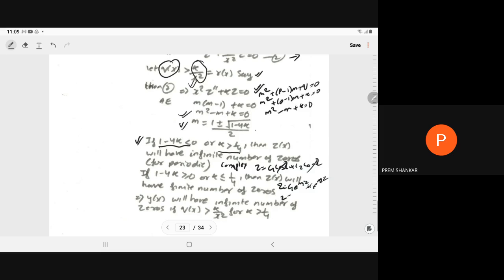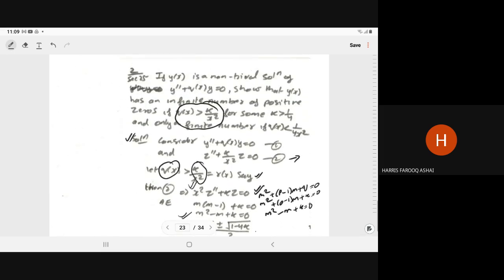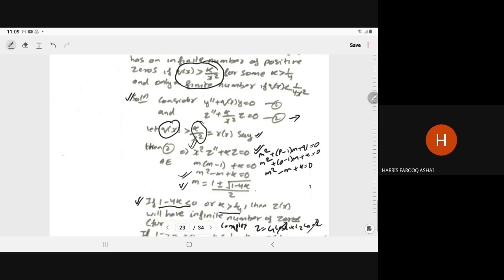Sir, don't we have to write z greater than 0? That is the solution on the positive side we are talking about only. Yes, sir, because in that theorem it was written for q(x) greater than 0, and q(x) and r(x) both are greater than 0. So it is given to you that k is greater than 0, in the question, it is given somewhere.